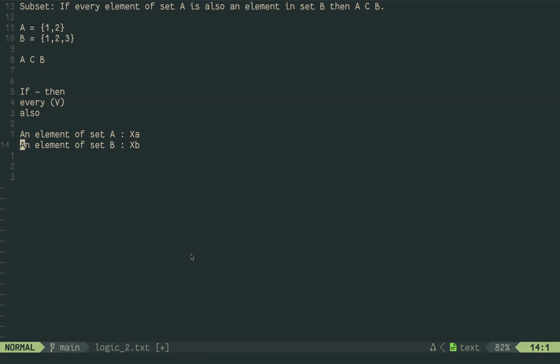So now over here it says every element of set A. So that means that for all X, every element of the set A, that means that